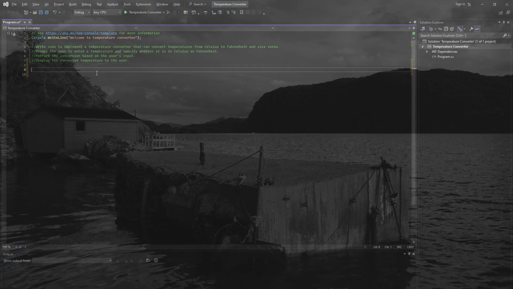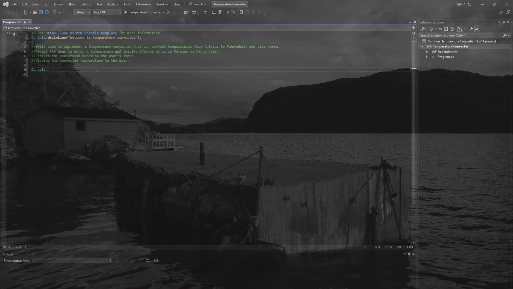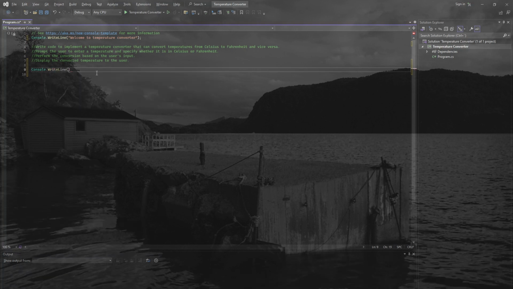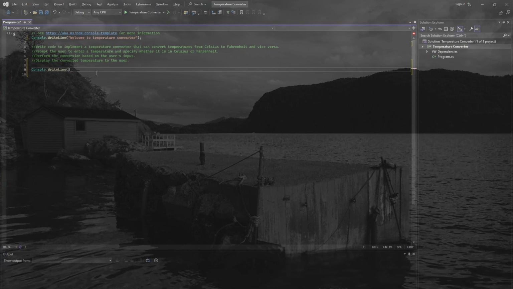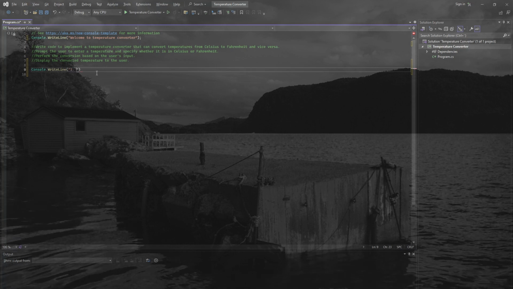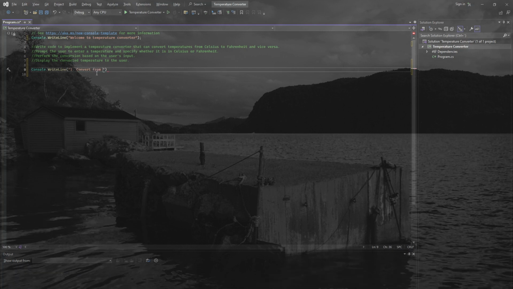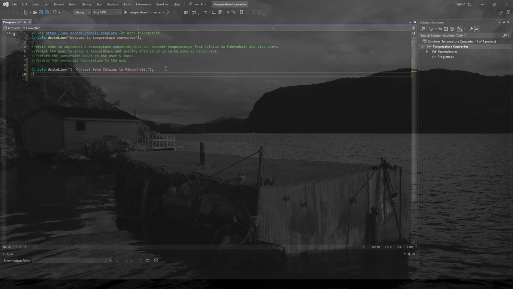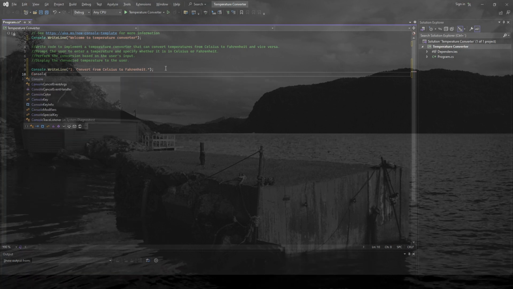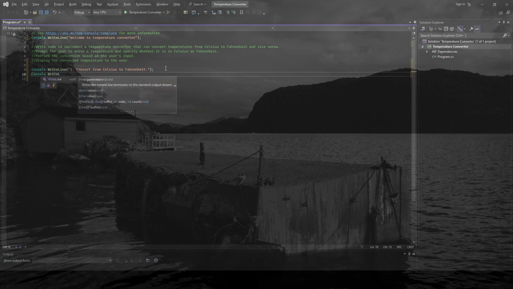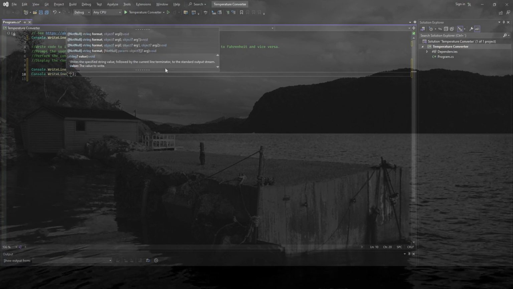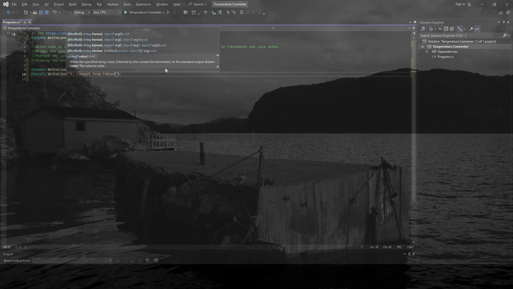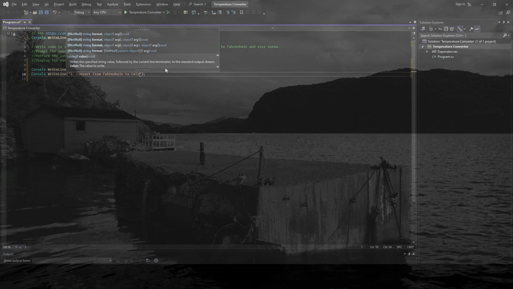and then I'm going to also write to the console WriteLine: 1, convert from Celsius to Fahrenheit, and then I will write in the reverse. Convert from Fahrenheit to Celsius,